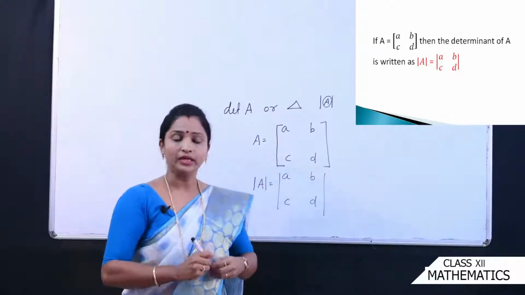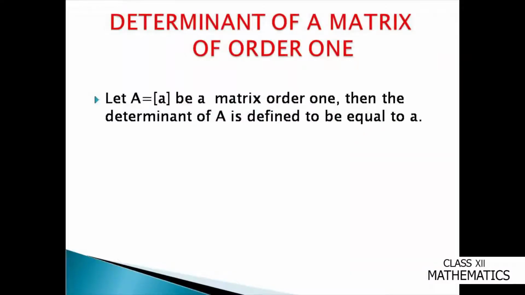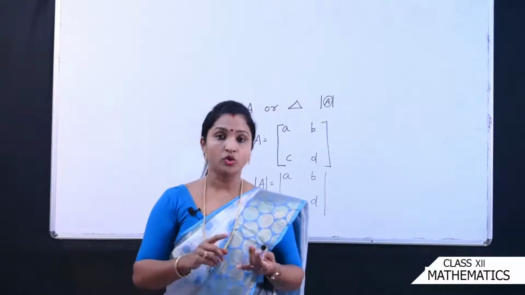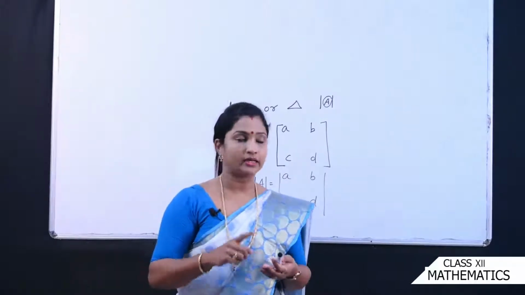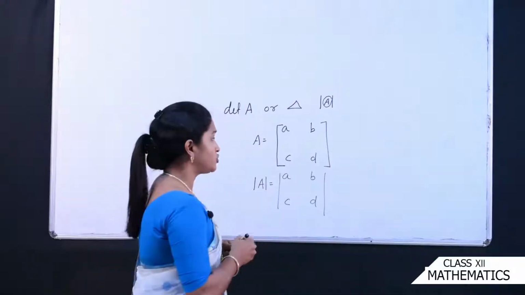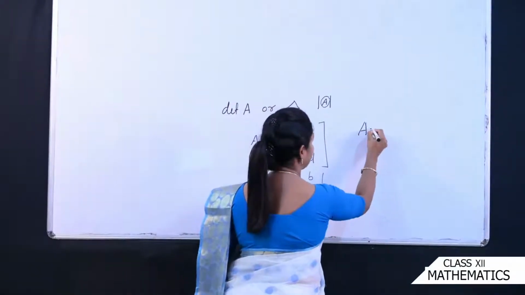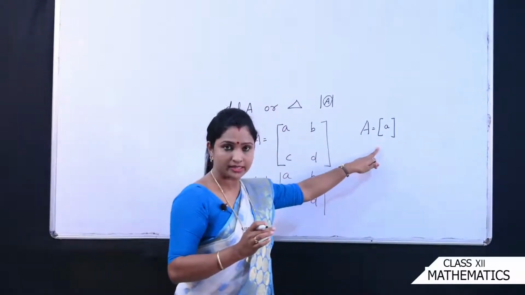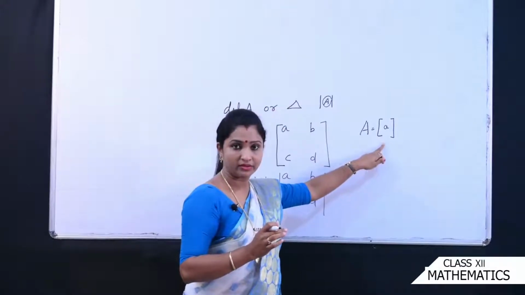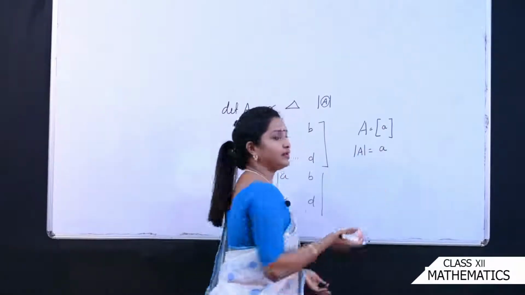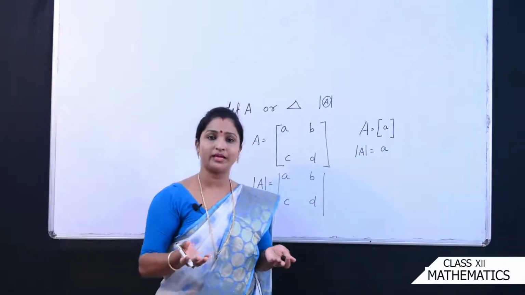Okay. Now see, first we will see how to find the determinant of a matrix of order 1. क्योंकि आपके syllabus में सिर्फ 3 by 3 तक ही है, तो order 1, order 2 and order 3. We'll see that. Now first is how to find the determinant of a matrix of order 1. Suppose you have a matrix A = [a], only one element. Again this is a square matrix of order 1 by 1. Correct? So if you want to find the determinant, it is nothing but the element only, a only. ठीक है, यहाँ पे simple आपको a ही मिलेगा.